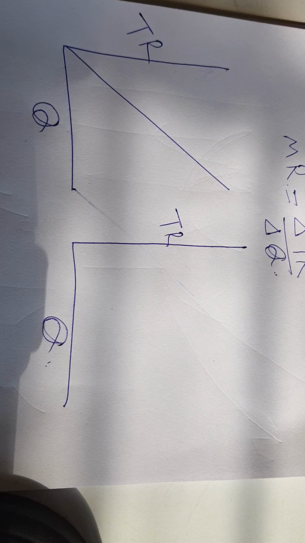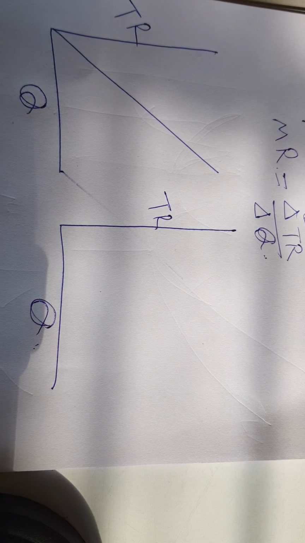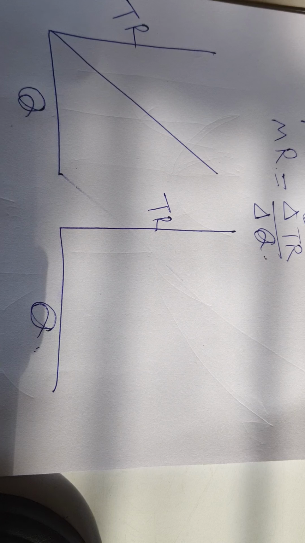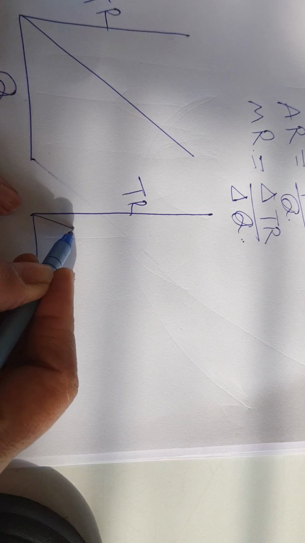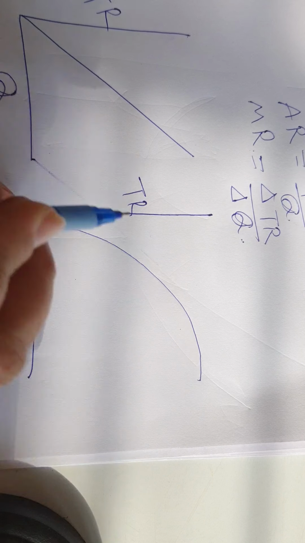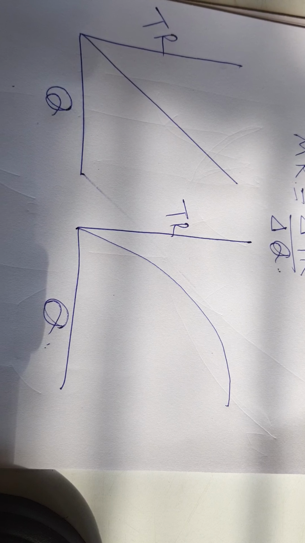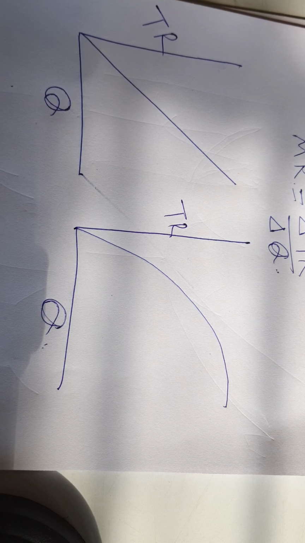There can be another situation, when you are selling more, you are charging a lesser price. So every new unit of your product you are selling in the market is sold at a lesser price than the previous one. In that situation, your total revenue curve will be like this. So this is the difference between total revenue curves.